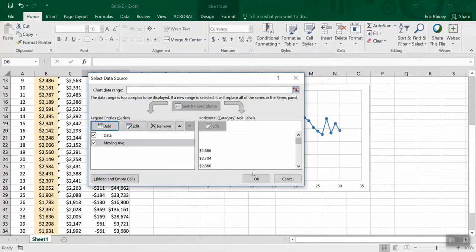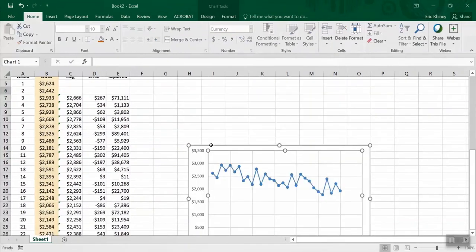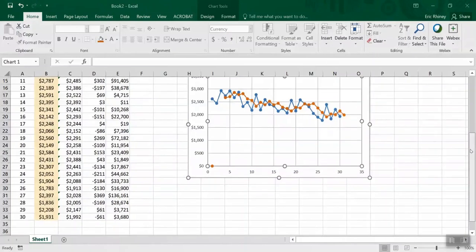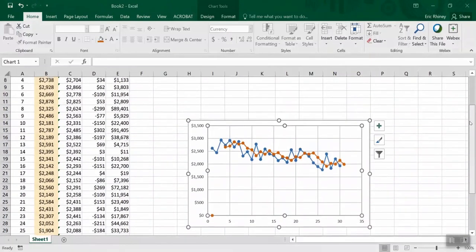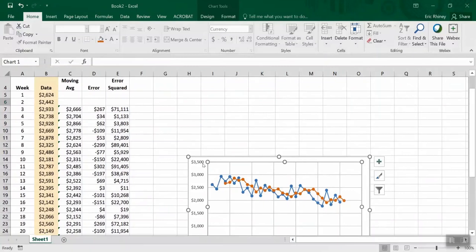and hit OK. And let's see, okay, that didn't work, so let's try this again. Okay, sorry about that. I figured out what was going on, so I had to put in both my X and my Y values, which I've never had to do before, but anyway. So now we have this orange line, which is our 3 month moving average, and you could see how it's kind of following along